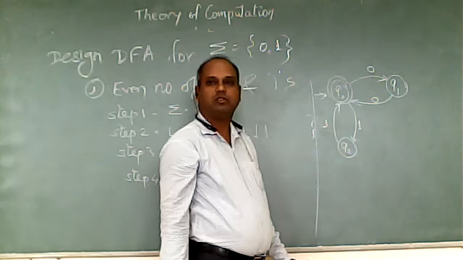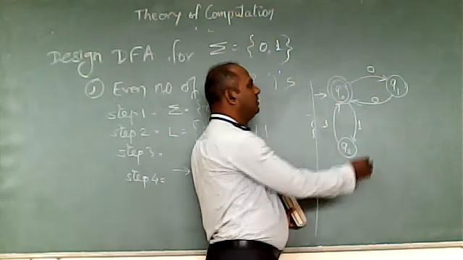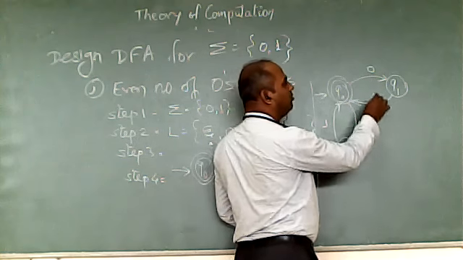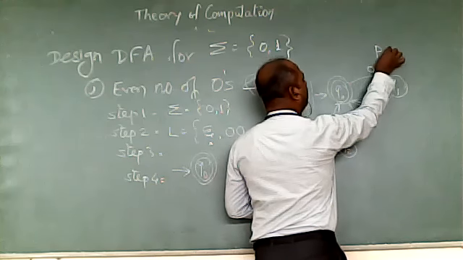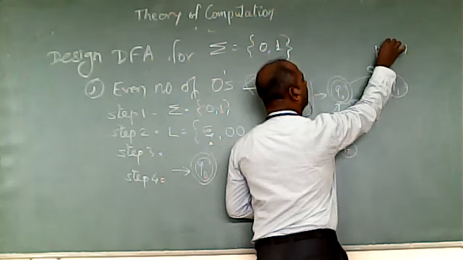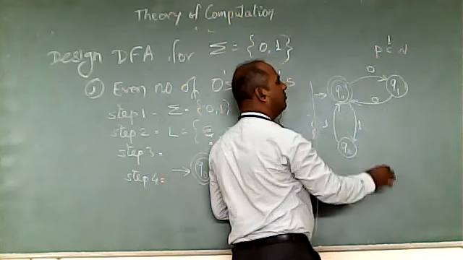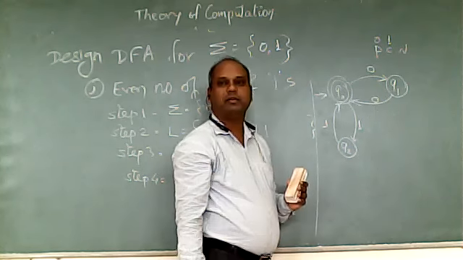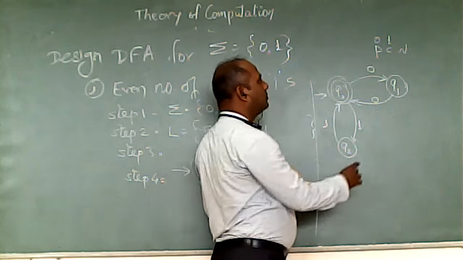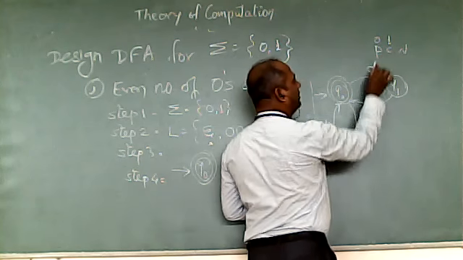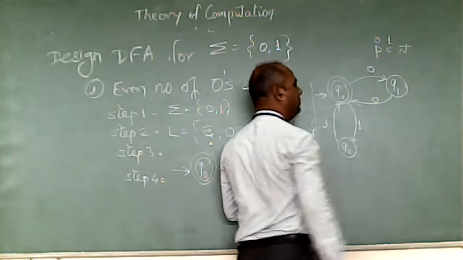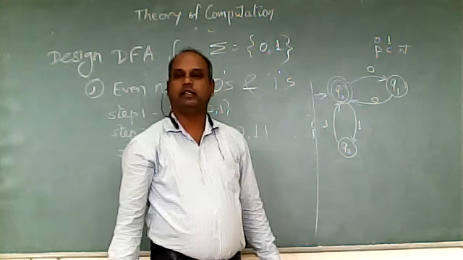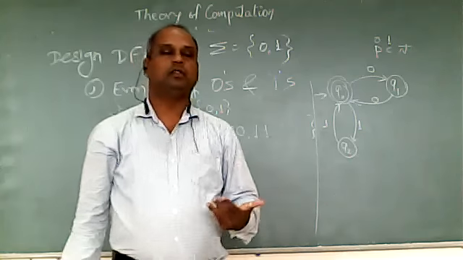Now we'll go for Q1. Q1's 0 transition is already there. So for the 1 transition, we'll again divide into previous, current, next. Current input at Q1 is 1. The previous string at Q1 is 0, because from the initial state with 0 I am coming to Q1. Now previous is 0, current is 1. What next string do I need to make this string valid? 0 1 is not valid, so I need some more strings to be added.